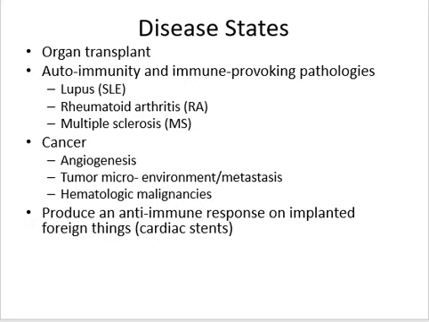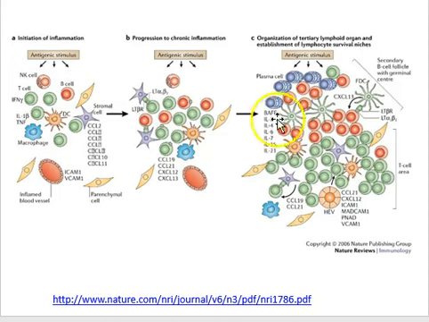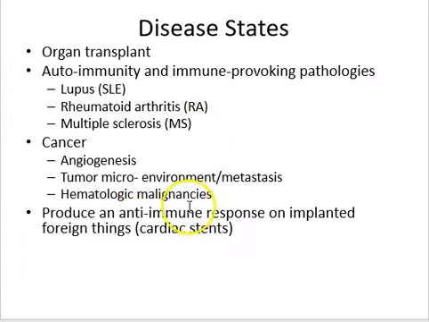Cancer, of course, the process of angiogenesis itself can be molecularly targeted. Looking at drugs that alter the tumor microenvironment, which is really a fancy way of saying the immune reaction that's occurring here in some of these early stage tumors. This refers to the tumor microenvironment in the literature. And then some of the hematological malignancies, which have a bona fide cell type that we can molecularly target. Okay,